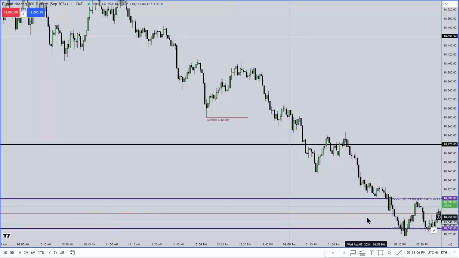I should have held longer. I wish I would have held on to it more. I wish I wouldn't have taken all the partials off. I wish I would have held the whole thing. That's all toxic thinking. But now anyway, we're going to go back into this area right here.